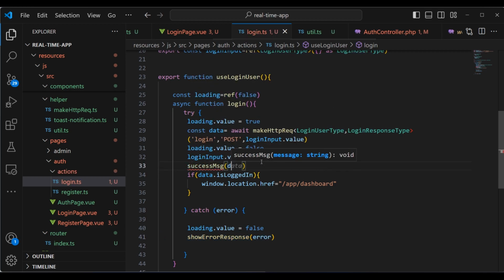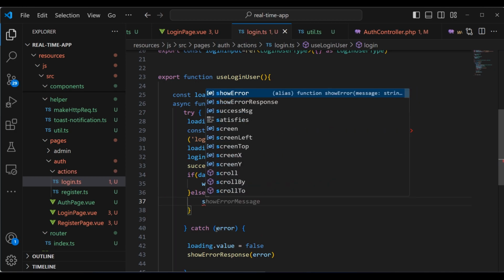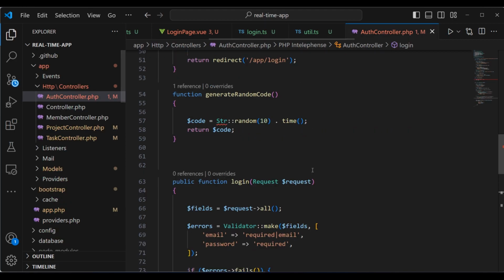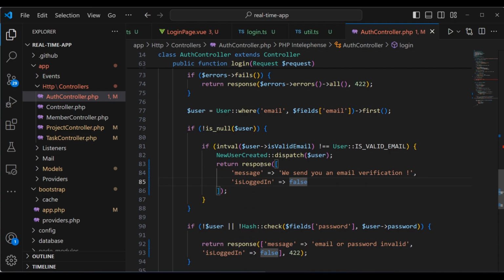Success message and data.message, because our server is going to return an object in case we just logged in right here, else we are going to show an error. Because if we get into the auth controller right here, I'm going to pass here, if the email is not valid,